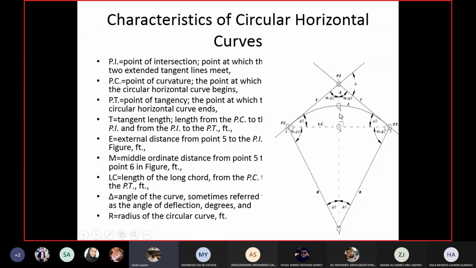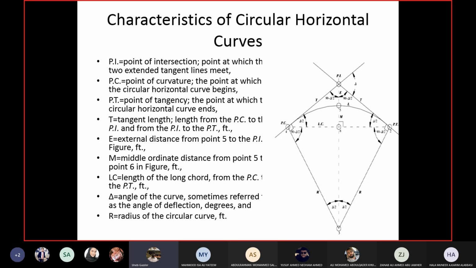They are denoting it with a number because this point is not important for design of the curve. It does not have any geometric name. It can be any point. Keep in mind it may or may not be in the middle, so point 5 is not always in the middle. Wherever that point is, you measure the distance from PI to that point, and that will be the external distance. So you draw a straight line from PI to the curve, and where the line intersects the curve, that is point 5, and you measure the distance from PI to point 5, which is known as the external distance.